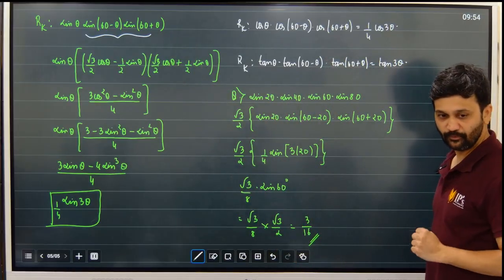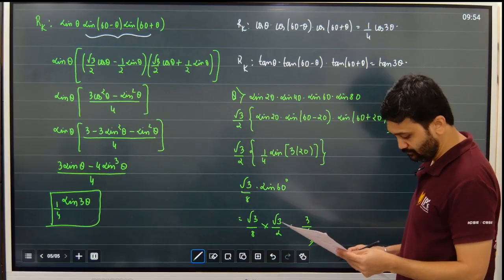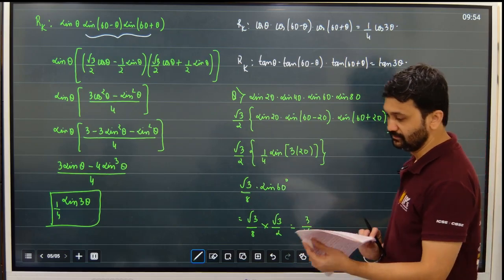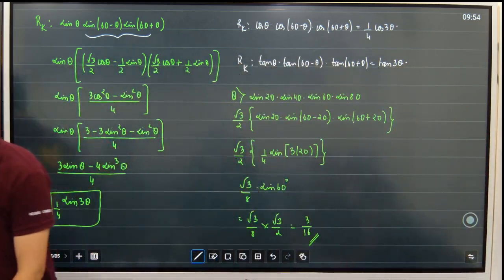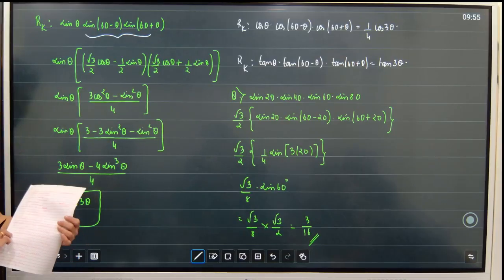Okay, how many of you have not understood this? So remember this, every remark that you write is only here to make your life easy, and it will make sure that you are very comfortable with these kinds of questions. Okay, now